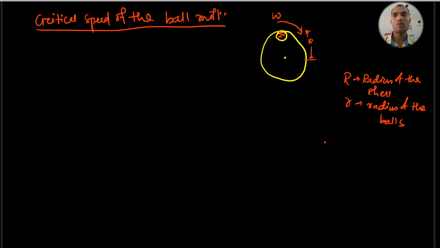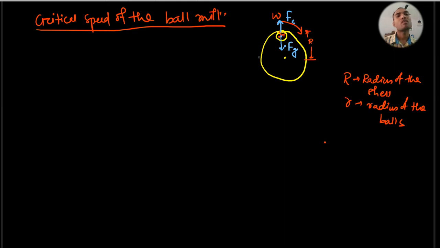So what are these two forces? One is the upward looking force, which will be due to centrifugal force, so I will write it as Fc, and the bottomward force will be due to the gravitational force,